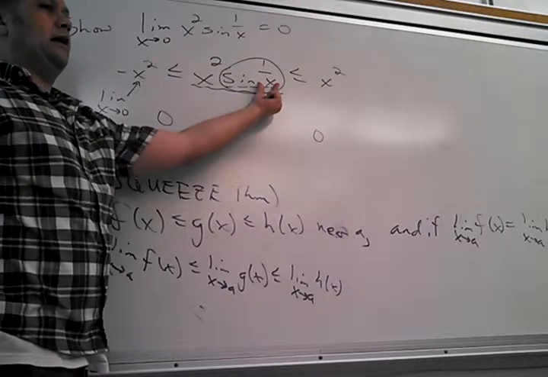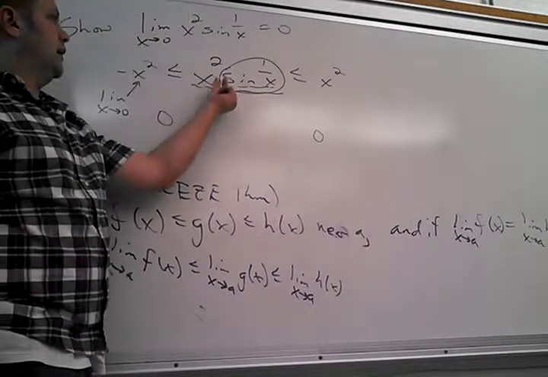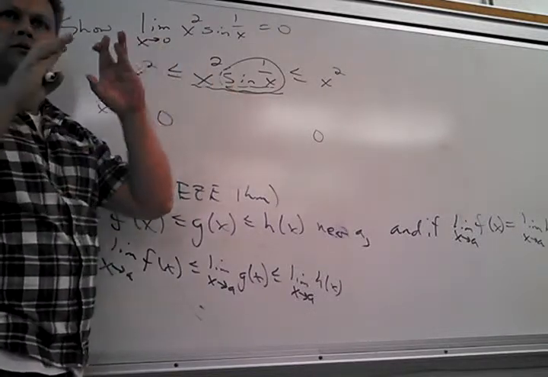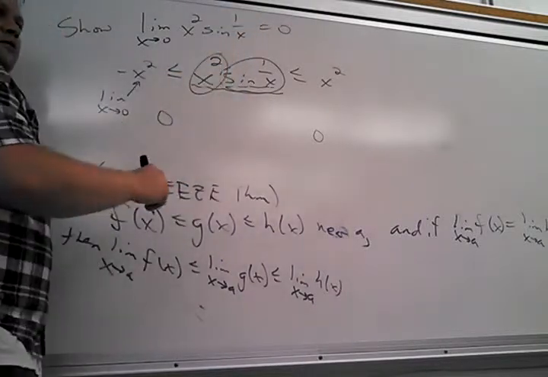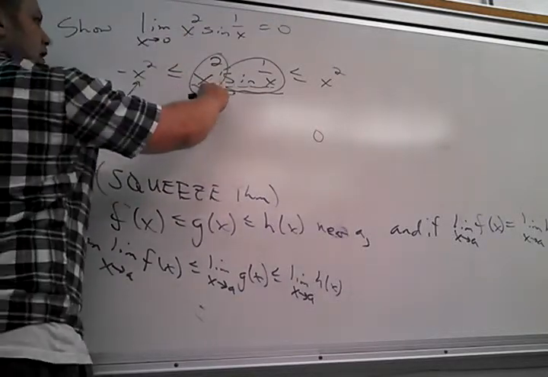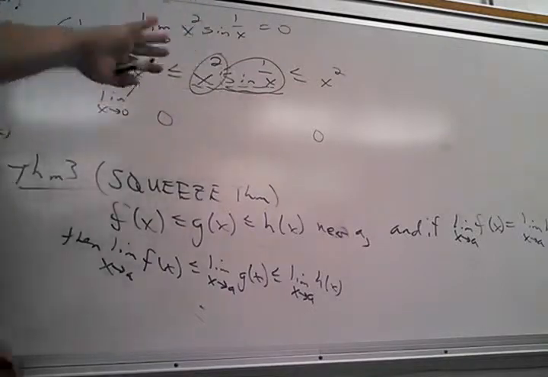If I mess with the inside, I don't care what I do to the inside, the output's going to have to be between negative 1 and 1. I haven't done anything to the amplitude of sine. Right? Okay, cool. And actually, it's another way to look at it. This is kind of like the amplitude, isn't it? Maybe that's the way you're looking at it. I didn't even look at it that way. But if that's the amplitude of sine, then it goes between negative that and positive that. Right. Kick-ass way to look at it.